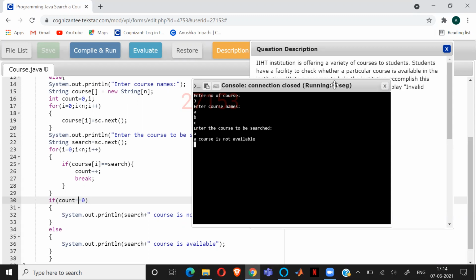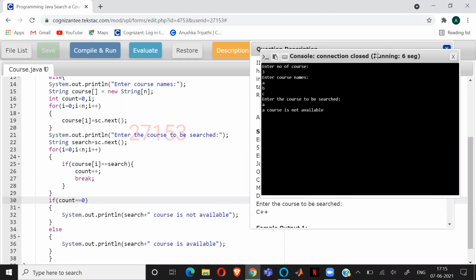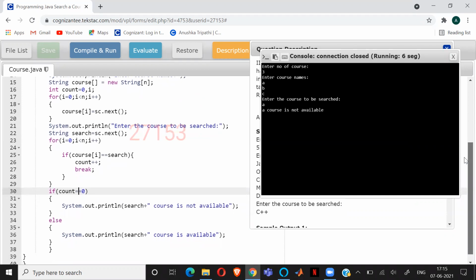Here sc dot next system. Okay, 1 minute. Let me see that.